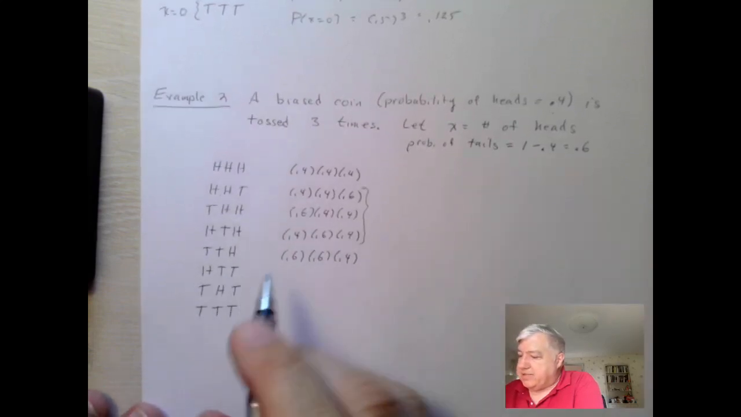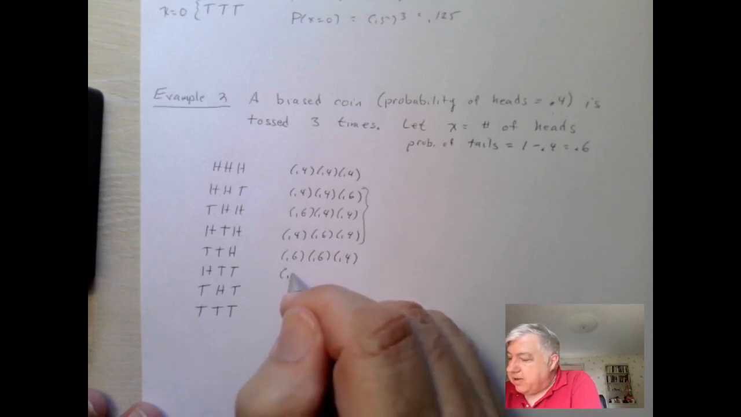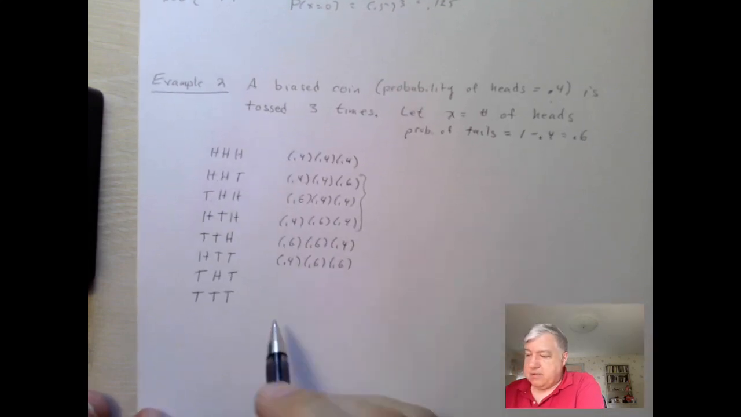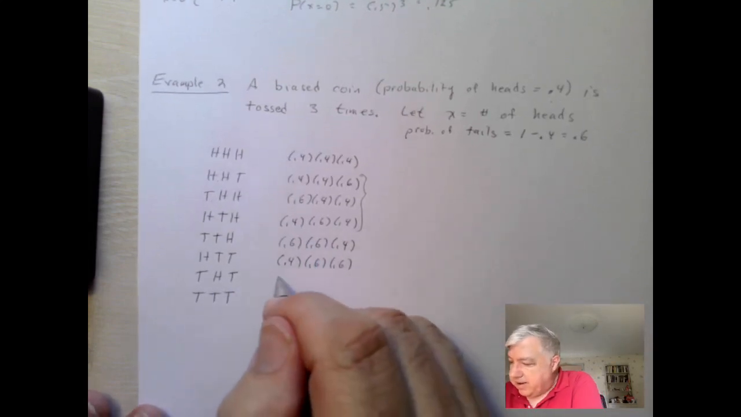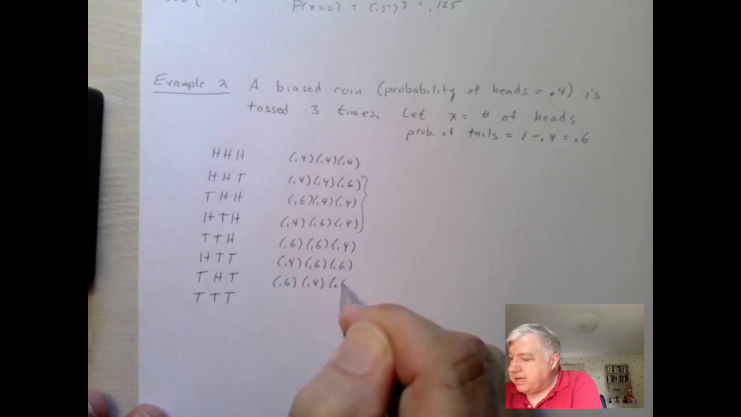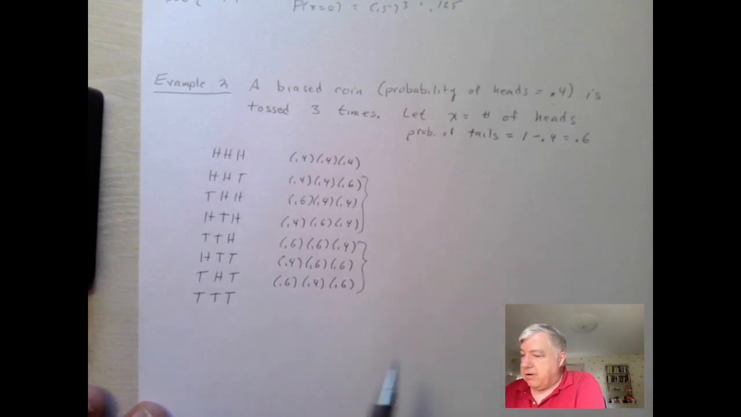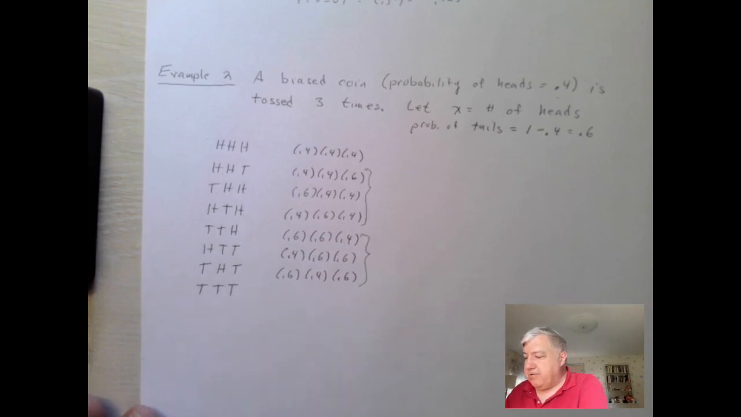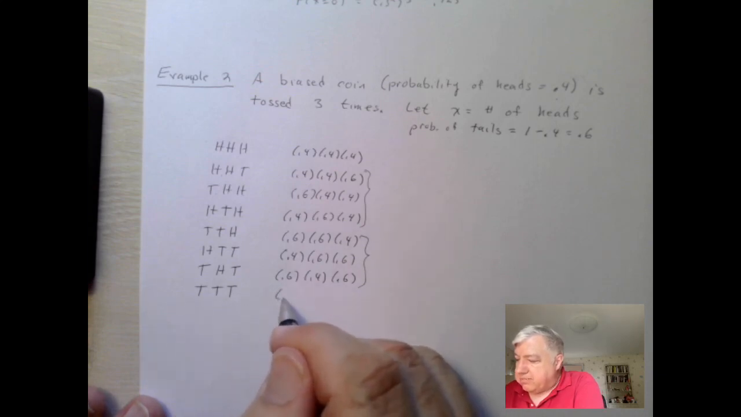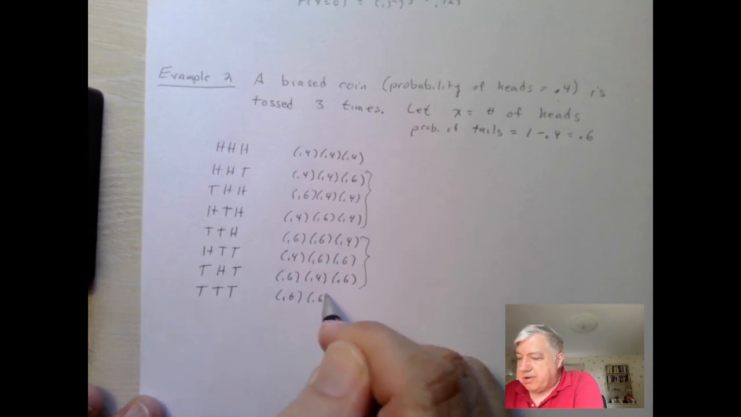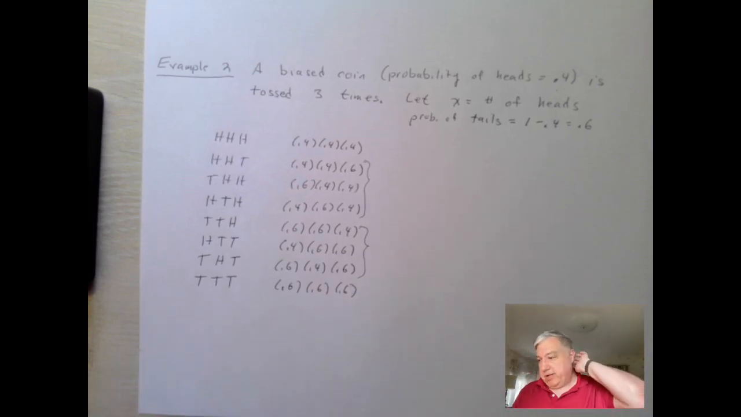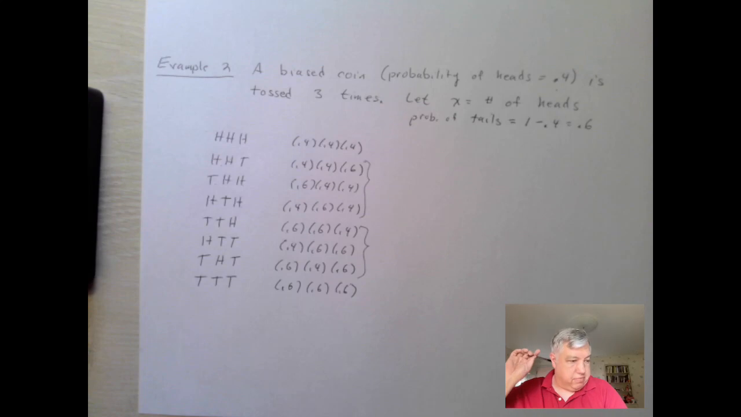The probability of heads, tails, tails would be 0.4 times 0.6 times 0.6. The probability of tails, heads, tails would be 0.6 times 0.4 times 0.6. And these are all cases where we have one head, and then we get 0 heads when we all have tails, and the probability of that would be 0.6 times 0.6 times 0.6. Okay. All right. So we can see that the probability